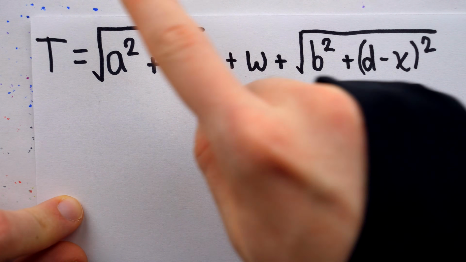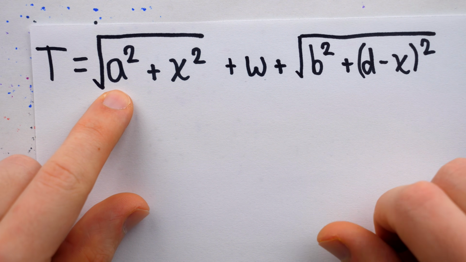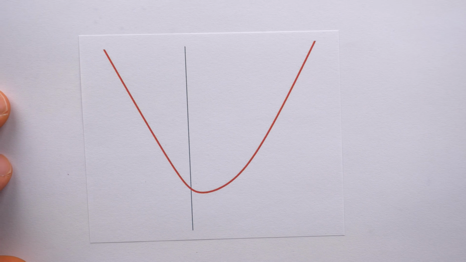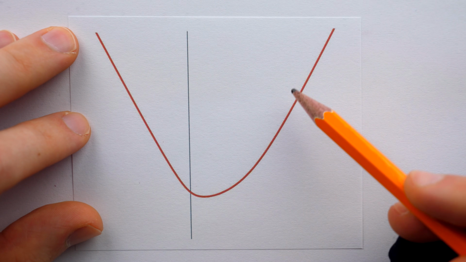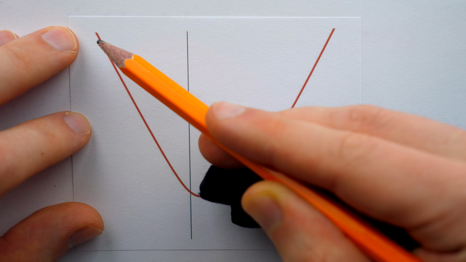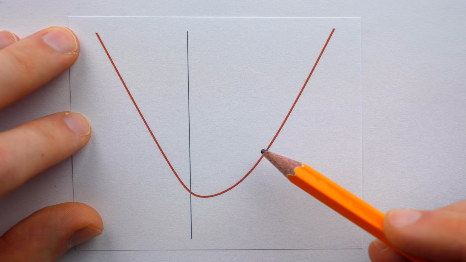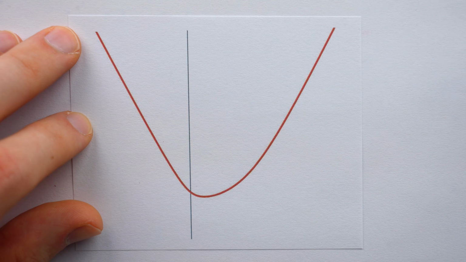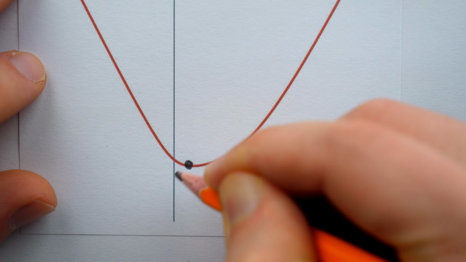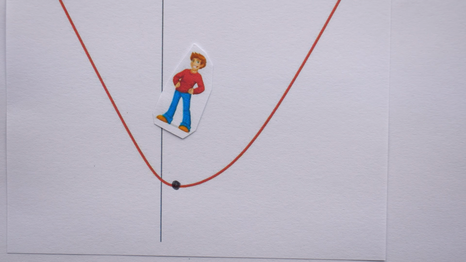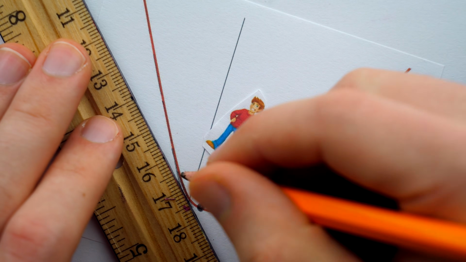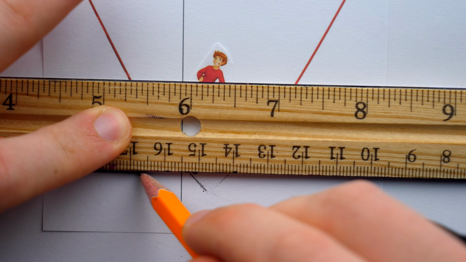If we graph this function, picking some ordinary values of a, b, d, and w for the sake of demonstration, it looks like this. And you can see how its shape reflects the situation. If the bridge is placed too far to the left, the trip will be longer than necessary. Too far to the right, same problem. We're trying to find this point at the bottom, where the trip's distance is minimal. If, like Adam, you know anything about calculus, you know the derivative of this function gives us the slope of the tangent lines at whatever point we like.